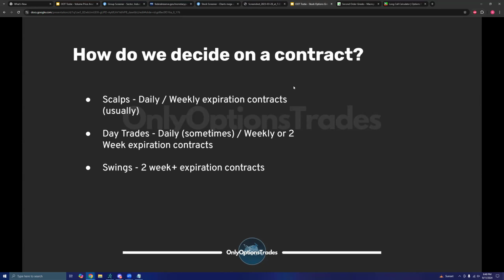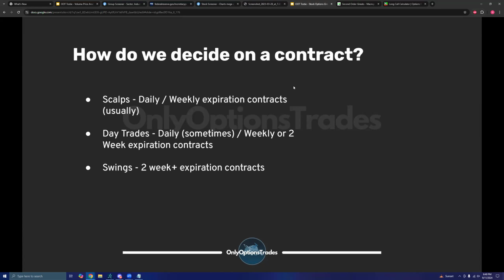So, for example, a day trade is a trade where you shouldn't expect to be in there for really more than a couple hours. And as a result, it can be acceptable, again a little bit more nuanced to this specific statement, to hold those daily contracts. Again, you have to be mindful on those daily expirations. Theta is going to be eating at its maximum rate, so it's going to really degrade the value of that contract quickly.